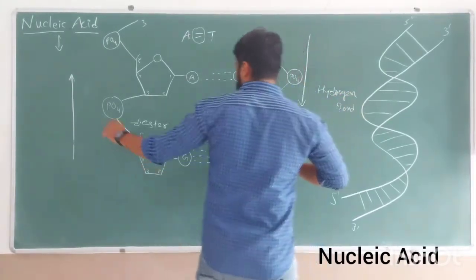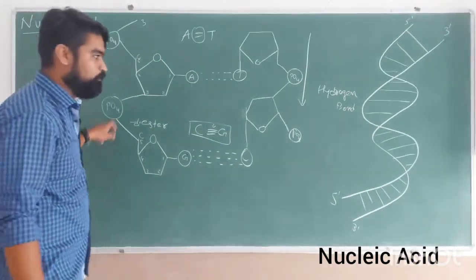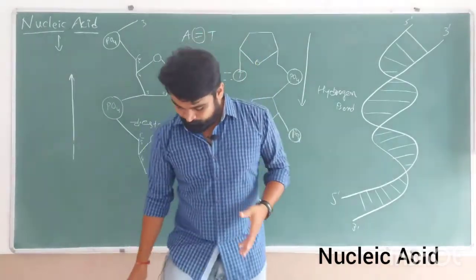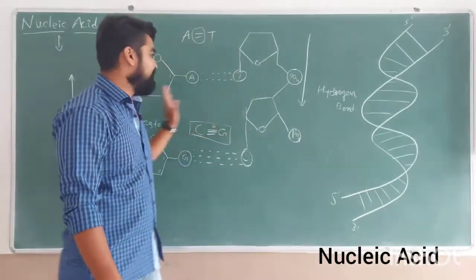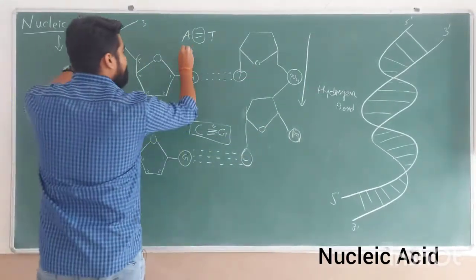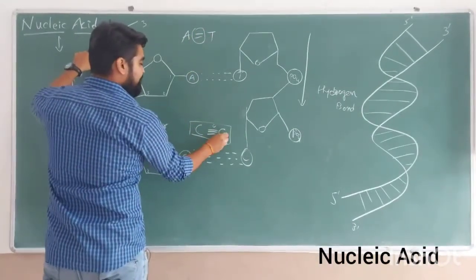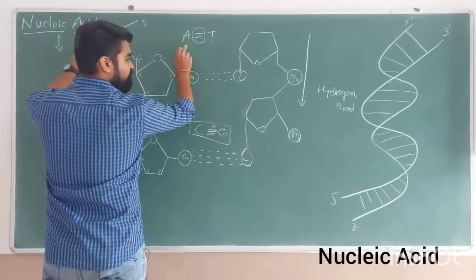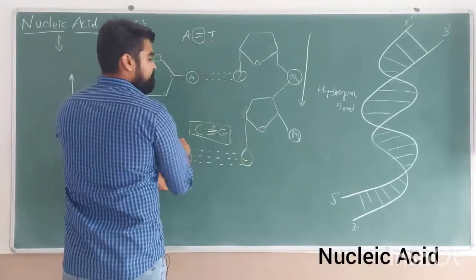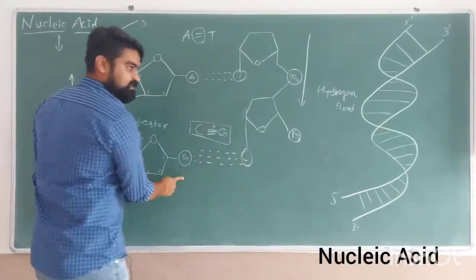And we already talked about the bond between two sugar molecules, that is phosphodiester bond, which involves the phosphate group. So these are the two kinds of bonds found in the structure of the DNA, and these run anti-parallel. Every time A can bind with T and G can bind with C and vice versa, but never in the structure of the DNA can A form a bond with G or T form a bond with C or G. It is always A and T or T and A, or G and C and C and G.